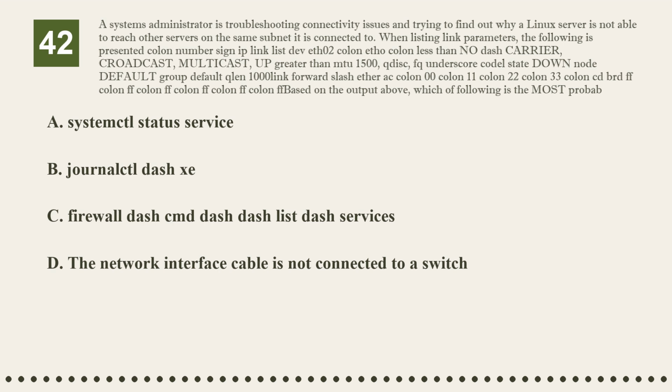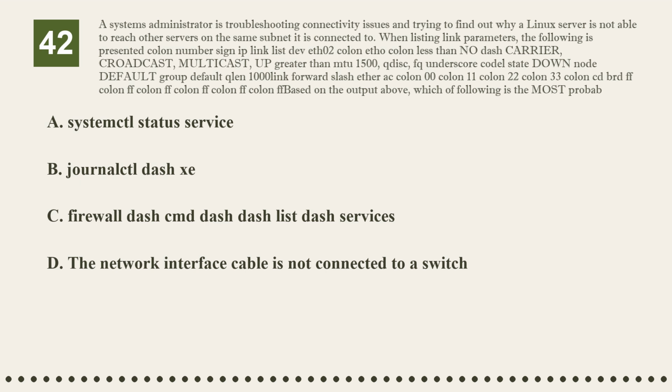When listing link parameters, the following is presented: # ip link list dev eth0. eth0: <NO-CARRIER,BROADCAST,MULTICAST,UP> mtu 1500 qdisc fq_codel state DOWN mode DEFAULT group default qlen 1000 link/ether AC:0:11:22:33 CD brd FF:FF:FF:FF:FF. Based on the output above,